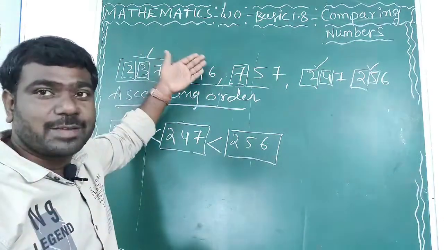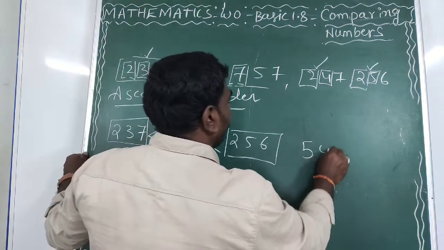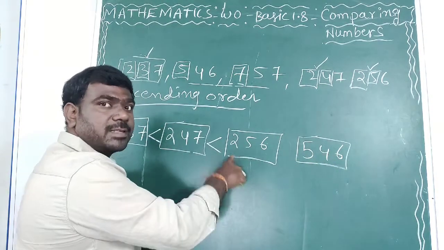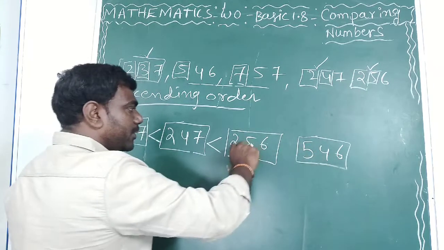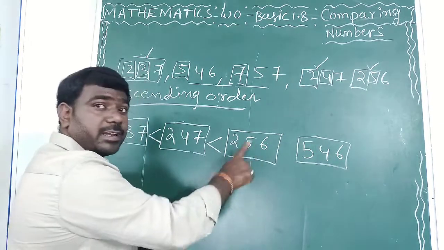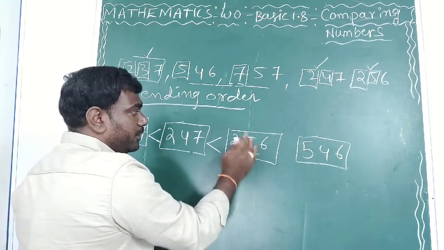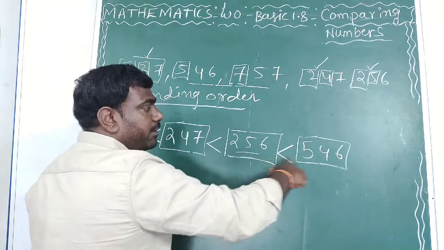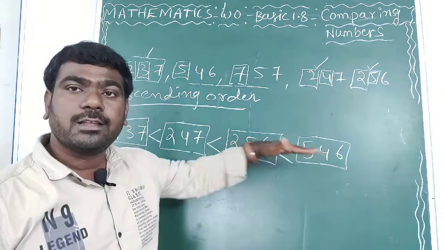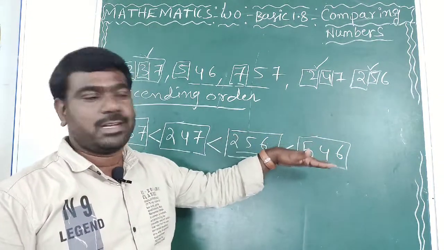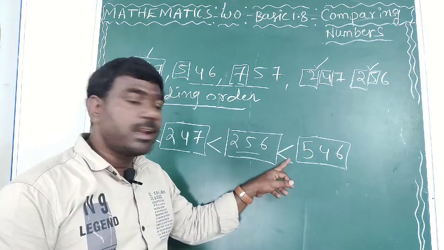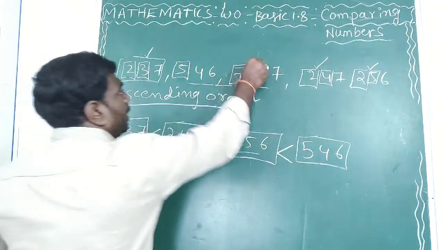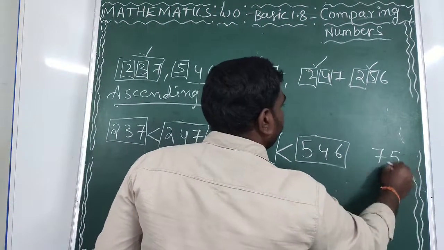Okay. Now write the lesser number. What is the lesser number here? 546. This 546 compared to this number is lesser or greater? It is greater, so use the lesser symbol. Remember, don't keep the greater symbol here. Why? Because this number position tells us it is lesser. 256 is lesser. The order we have to read here, like this we are reading, so the symbol also represents in the same manner. 256 is lesser than 546. Now the last, only one number as it is, that is 757.